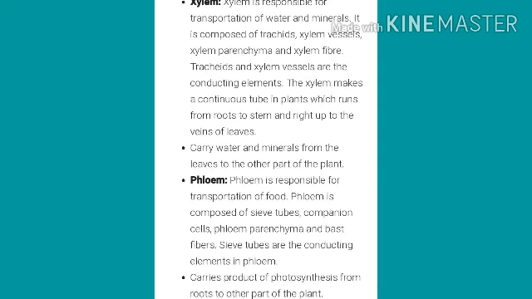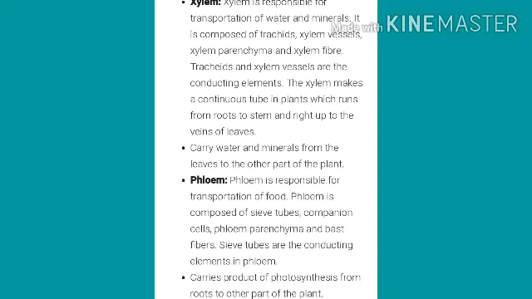The xylem makes continuous tubes in the plant which run from roots to stem and right up to the veins of the leaves. They carry water and minerals from the roots to the other parts of the plant. ये इसका मेन वर्क है, वाटर को मिनरल्स को लीव्स तक पहुंचाना रूट से।